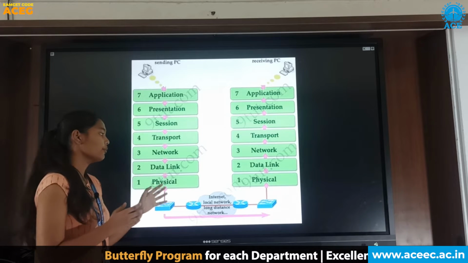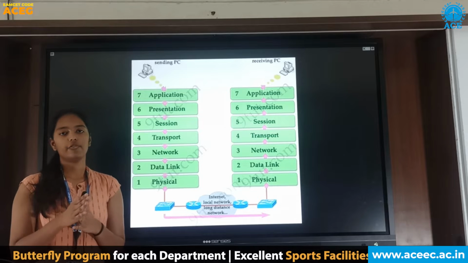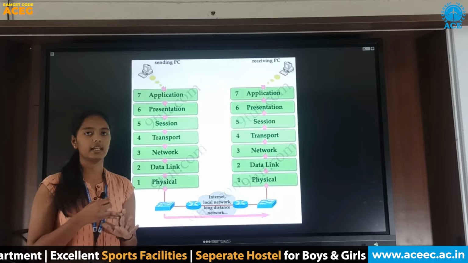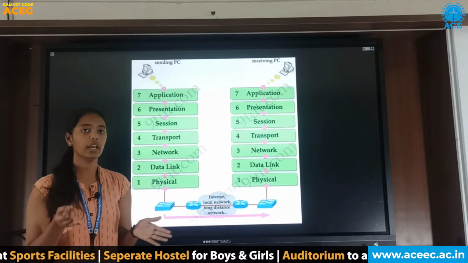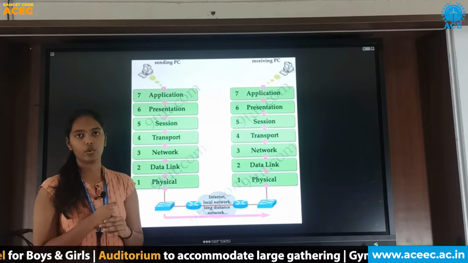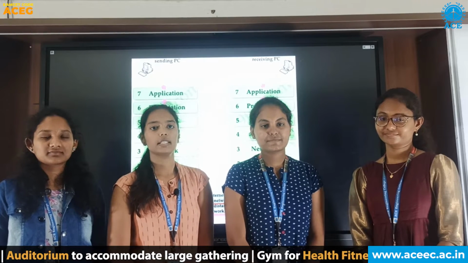In the data link layer, we create the frames. It is called framing. Framing can be done in 4 ways. First one is the byte count, second is the flag bit with bit stuffing, third one is the flag byte with byte stuffing, and fourth one is the physical layer coding violation. Now we will discuss the framing methods in detail with our friends.